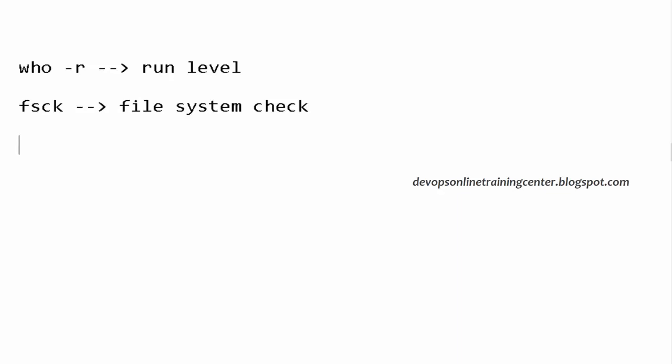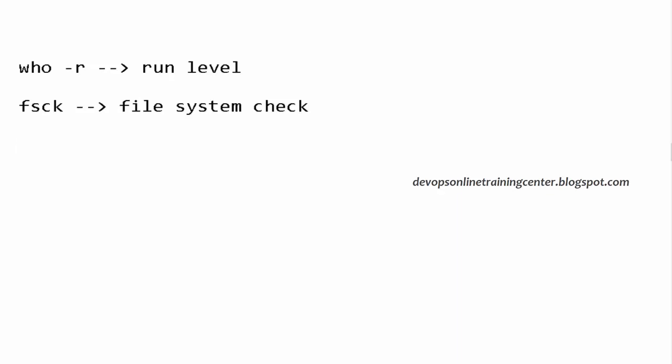Machine is not booting up. What is the error? So that can happen because of many reasons, right? Something like a disk which is attached to the machine is not responding, or you have added a mount point and that remote machine is never responding and it is trying to mount it and it goes in a loop. So that kind of issue may come in.